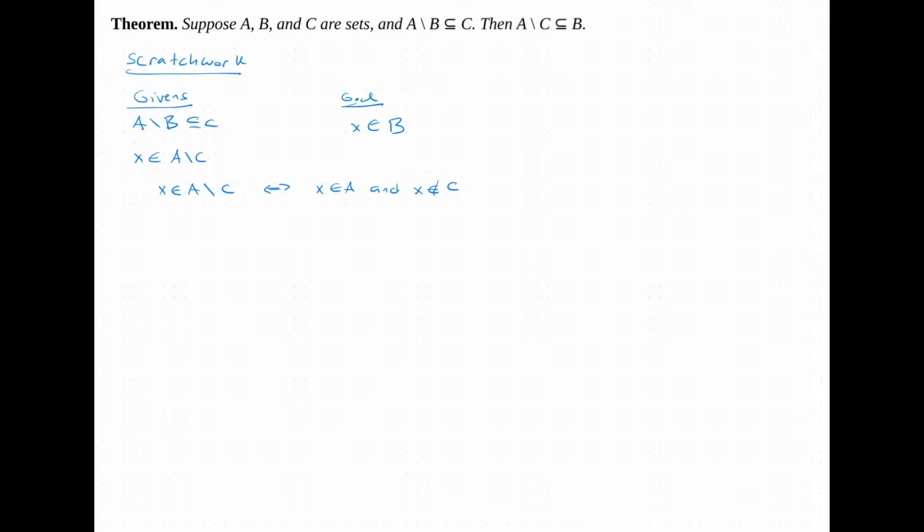So if we were to do a contradiction argument, in other words, suppose x is not in B, and show that that leads to a contradiction, then it must be the case that x is in B. And so that's exactly how this argument will go, by assuming that x is not in B, now we pair that with the assumption here that we have x is in A. We have, by definition, that x is in A minus B, but by our given, A minus B is a subset of C. And so now x is in C. But x is not in C.